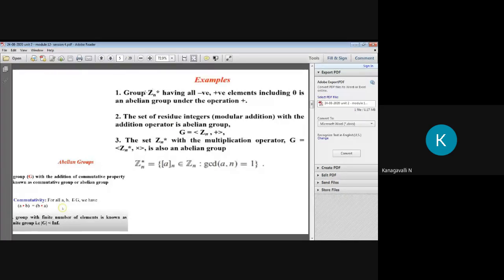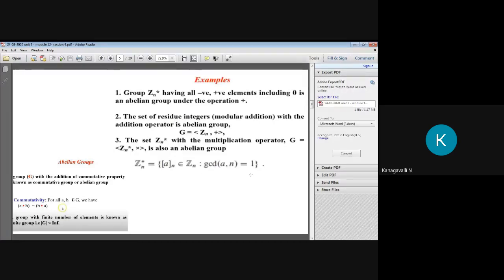In the first, the group is the multiplication group, but the operation being done is plus, right? Here, your group is a multiplication group, and the operation is also multiplication, right? See here, Z_n star, and the operation being done is multiplication, right? So your result should be in the form of Z_n star equal to a, where a belongs to Z_n.